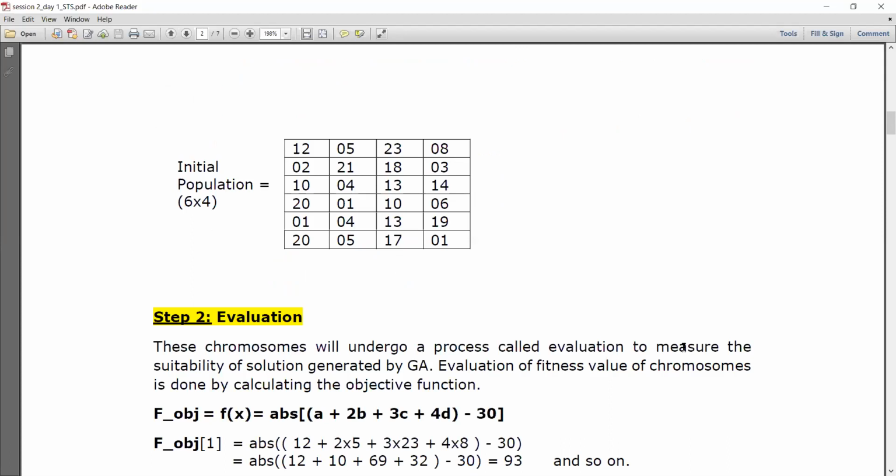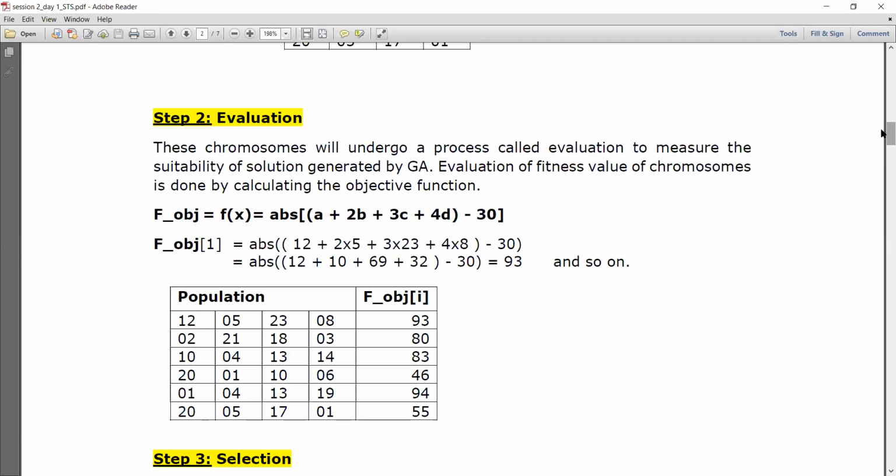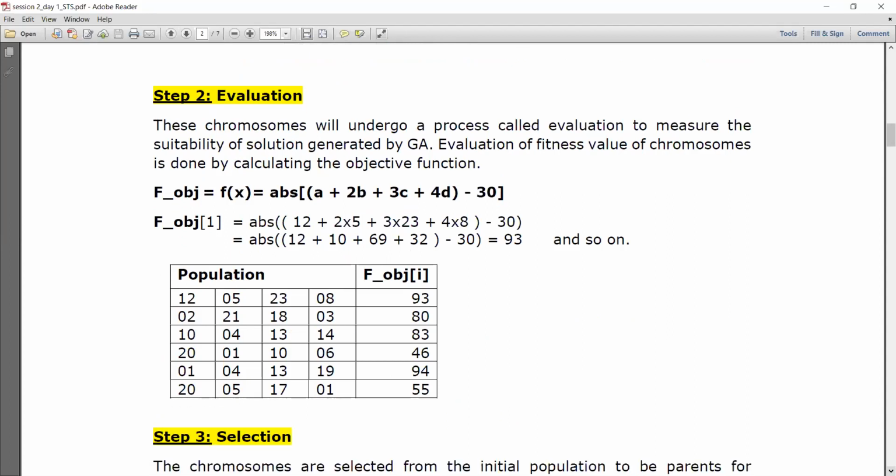Randomly, we have started with the solution. Done. So now we have 6 solutions in our hand. Now the next step: I have the solution set. Done. Now, how am I going to test the quality of the solution? Definitely, I will have to know, right? How are you going to evaluate each and every solution? That process is carried out with the next terminology called function evaluation.